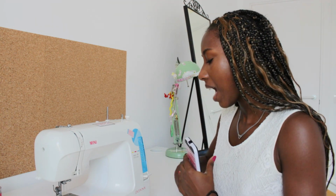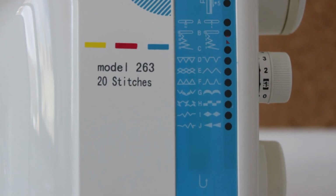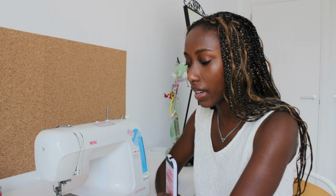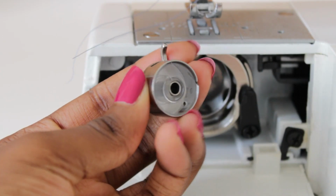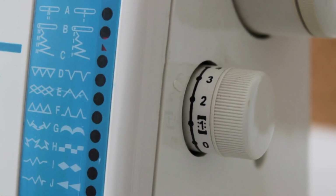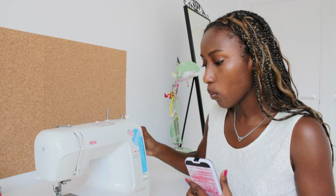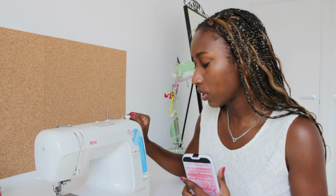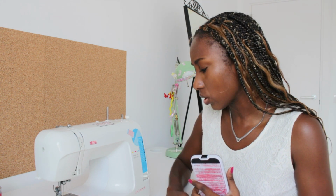This machine comes with a bunch of different settings that I don't think were honestly available on my Singer back at home. It'll take some getting used to, of course, but it also comes with some features that I'm still familiar with, like the bobbin on the inside and the foot on the top, obviously. It has these 3 dials on the right side of it. I know that one of them, the very top, is to put the needle up and down from the sewing machine. The second one, I think, is to adjust